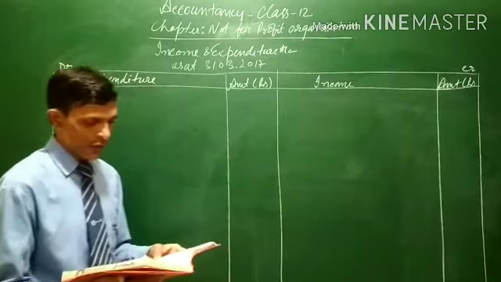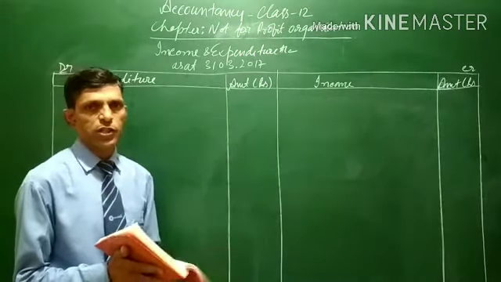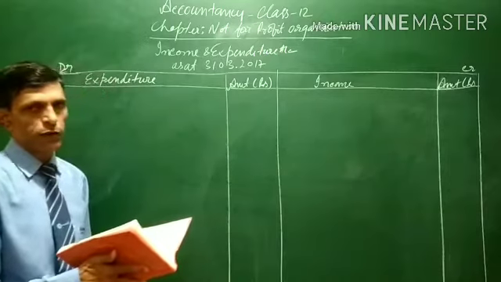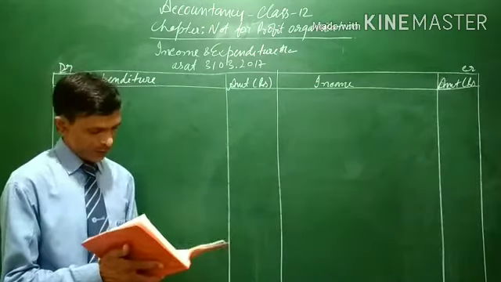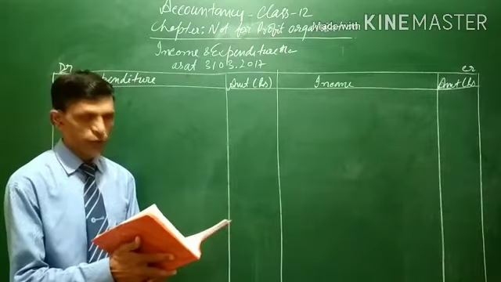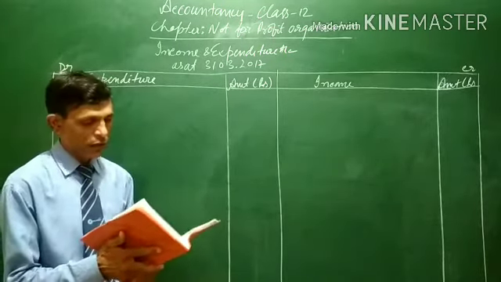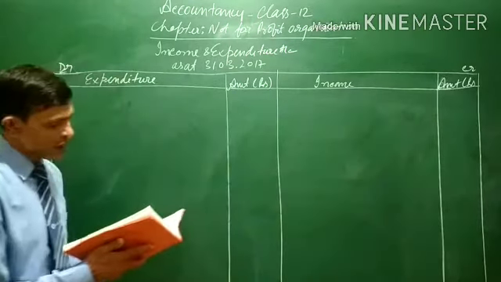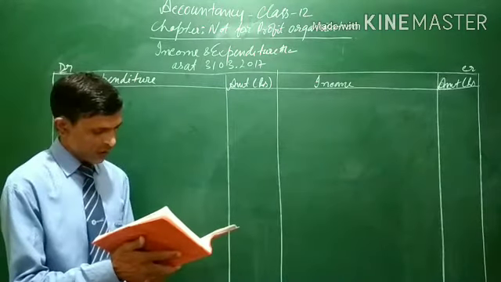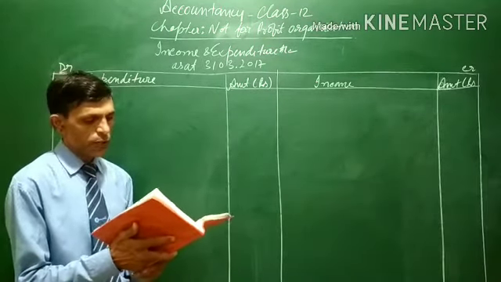Starting with the very first, the furniture. We do not have to write the furniture here, because furniture is a fixed asset. This is a capital expenditure. It will form part of the balance sheet. Moreover, depreciation is also not required. So we do not have to consider furniture while preparing the income and expenditure account. Next is the library books. Here also it is of capital nature, so we will ignore this.